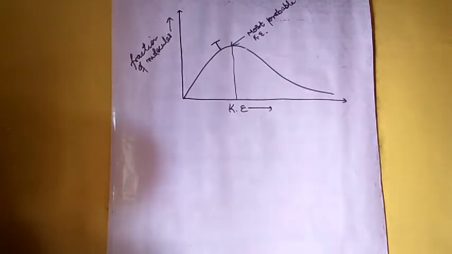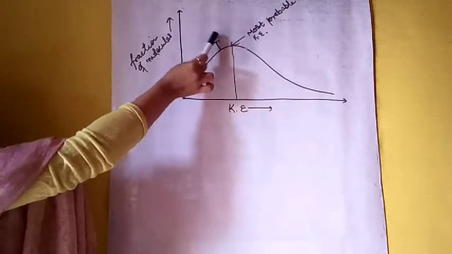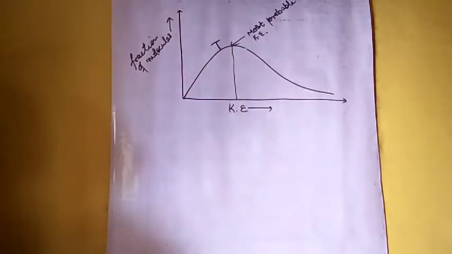In that we have studied that for any chemical reaction, if we increase the temperature by 10 degrees, what will happen? The rate constant is nearly doubled. So we will study this through a graph, that means graphical representation. So suppose this is the graph which is plotted at temperature T, right? Now what we have to study? We have to study a reaction with a rise in temperature by 10 degrees.